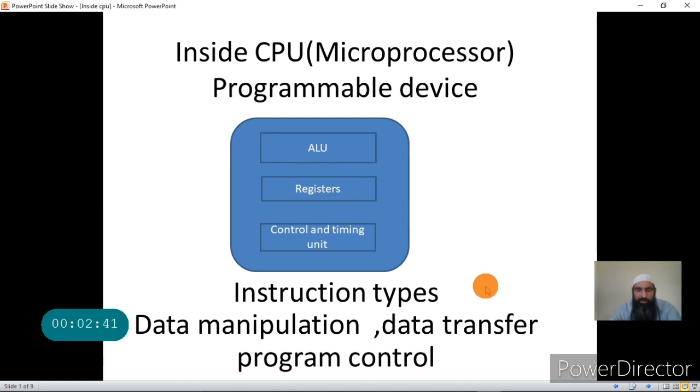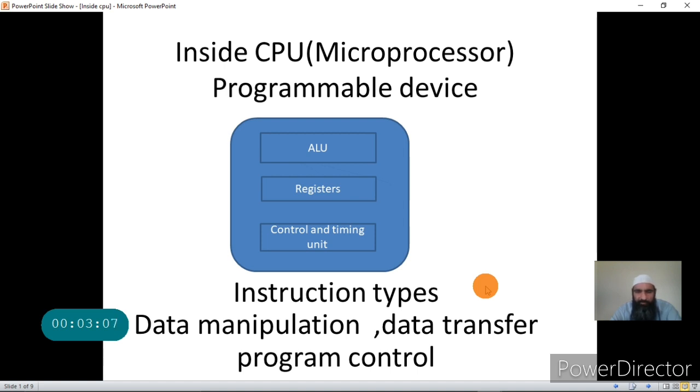As I have made it clear that it is CPU that can execute the instructions. By executions, I mean that it can perform the tasks that are conveyed to it through that instruction.